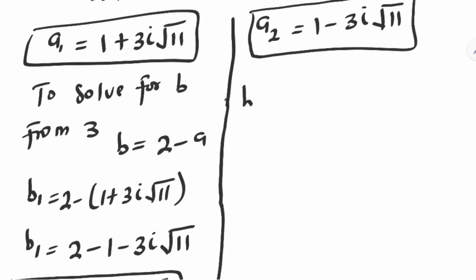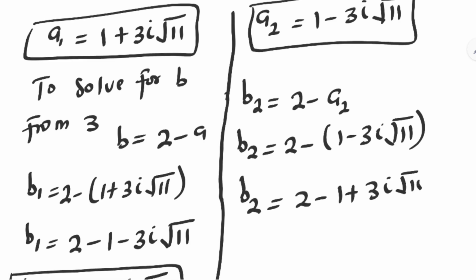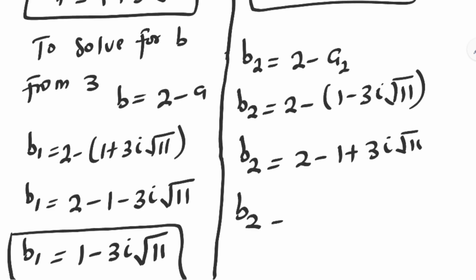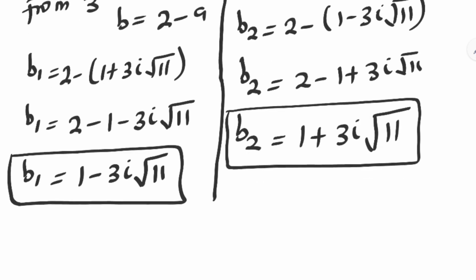Also, B2 is equal to 2 minus A2. B2 is equal to 2 minus 1 minus 3i square root of 11. B2 is equal to 2 minus 1 plus 3i root 11. B2 is equal to 1 plus 3i square root of 11. This is the value of B2. Therefore, our final answers are